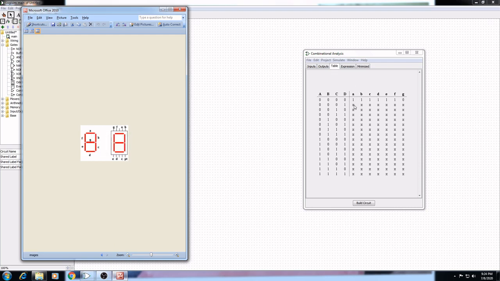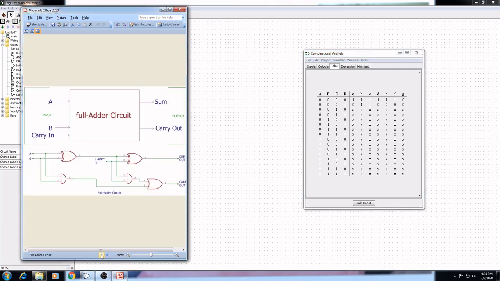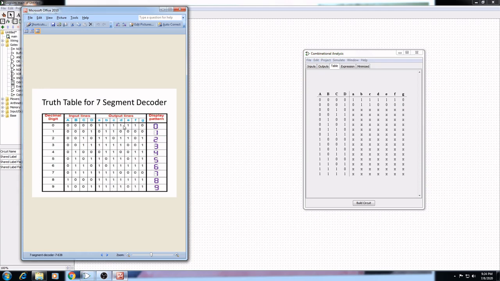So we set it as 0, 1, 1, 0, 0, 0. If you follow this truth table properly, you will get the output according to the input. Otherwise, whatever values you set on the output side, only that will display.